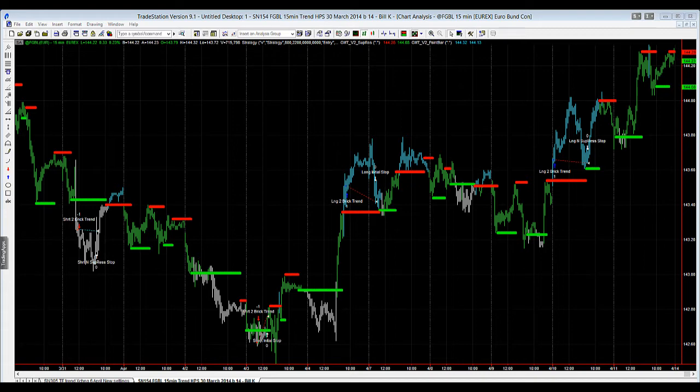Now, at the moment within this system, it's basically running a normal entry and it's taking profit on a trailing stop. So it's allowing the stop to take you out of the trade. So there's no fixed target. There's no other take profit option in this strategy at the moment for this system, which is SN154. So I thought I'd have a look at it today and just take you through how you can improve the system by just playing with a couple of the inputs that we have to take profit a little bit more